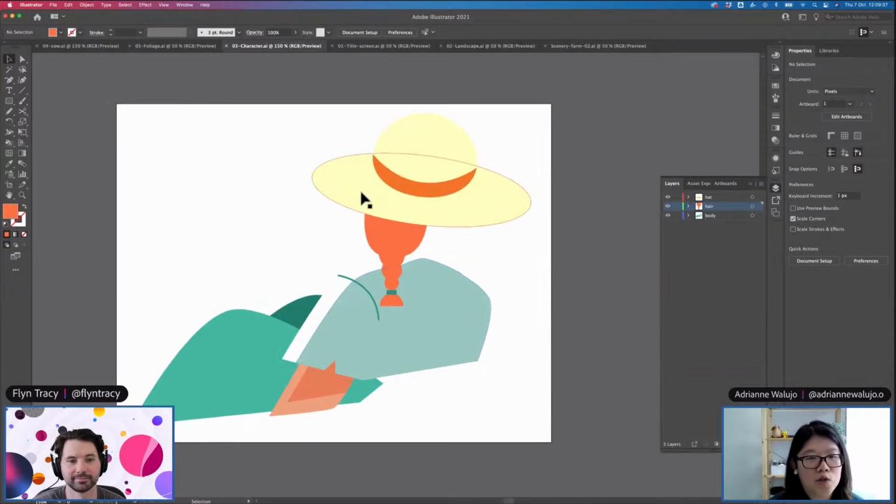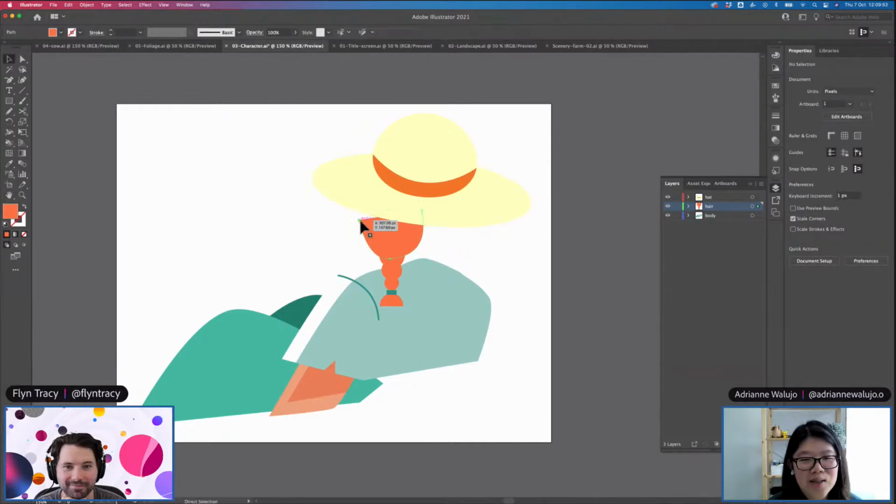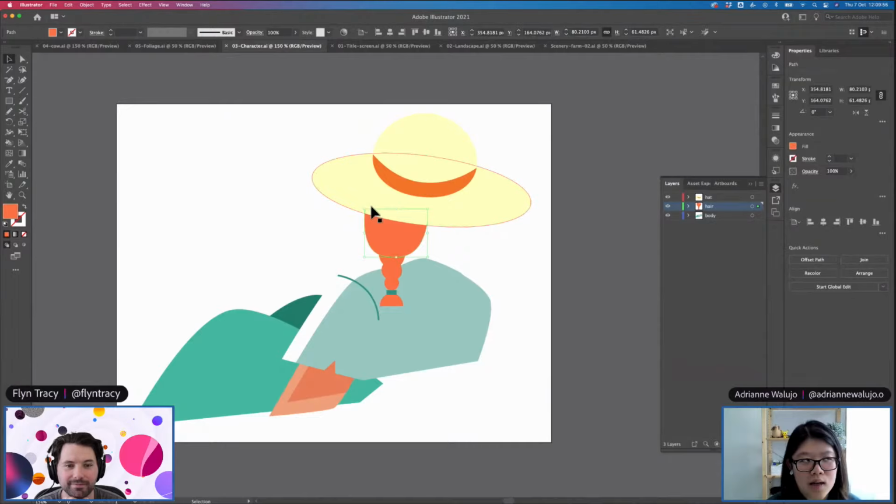I was saying on Tuesday to make sure that your elements have more overlap, even under the hat where you can't see the hair. Later you'll see that when I'm trying to move it, you can actually see this thing appearing. That's why when you're preparing illustration for animation, you have more overlap, so you have more room to move it around. That's the difference between illustrating for static and illustrating for animation. So that's the third item.